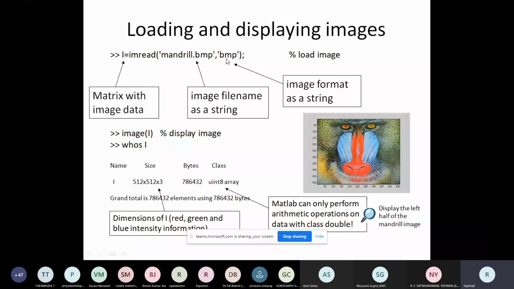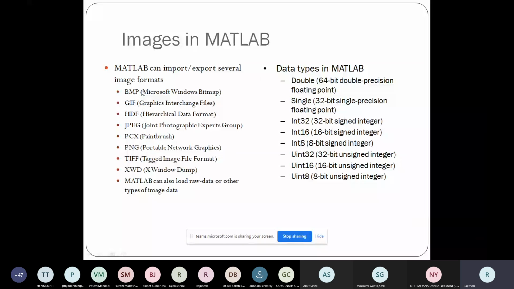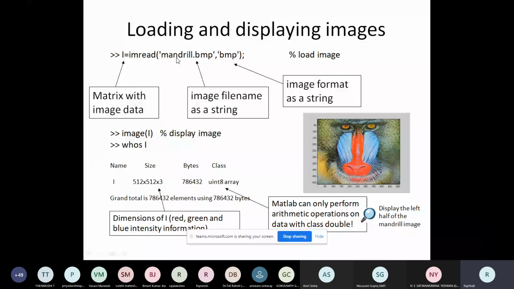Here it is BMP, and there are multiple types of images which exist: BMP, GIF, HDF, JPEG, anything. According to the type of image you are working on, you can read them accordingly. So I equals imread of the image name followed by the type of that image.